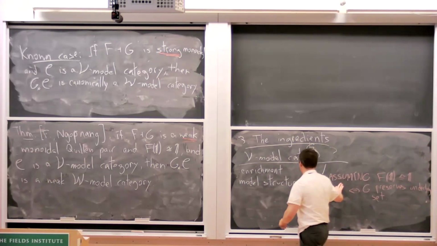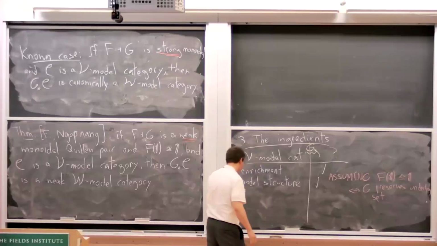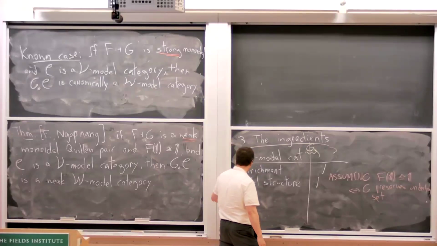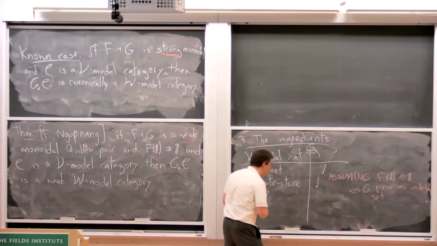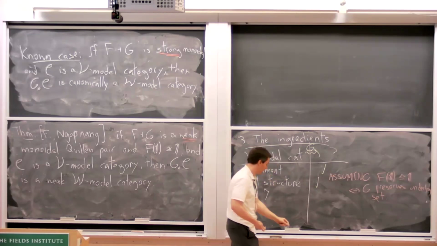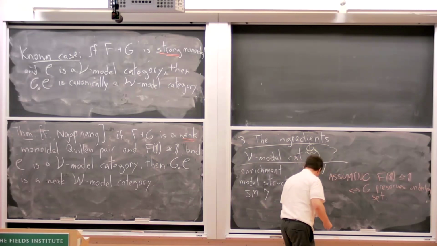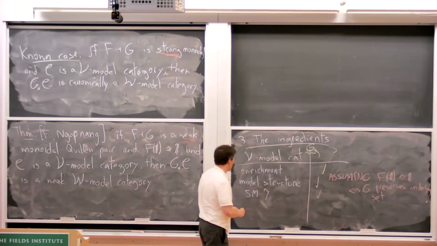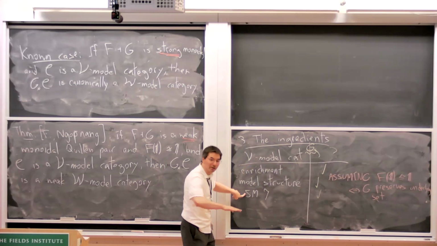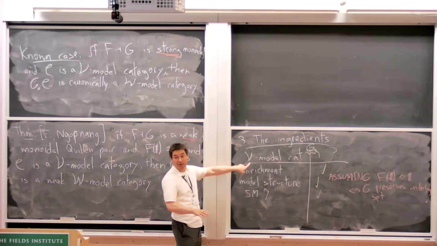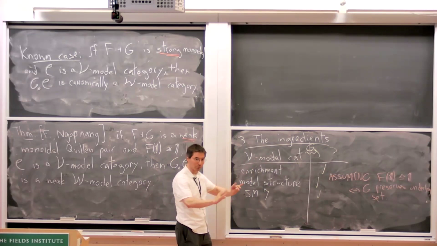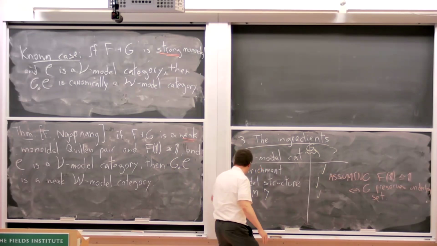So we're good with that assumption. We just keep the same model structure. Then we want SM7. The good news is that this one just goes through. It's fine. And I'm using the form that only requires the enrichment, because I have that. SM7 just requires an enrichment.